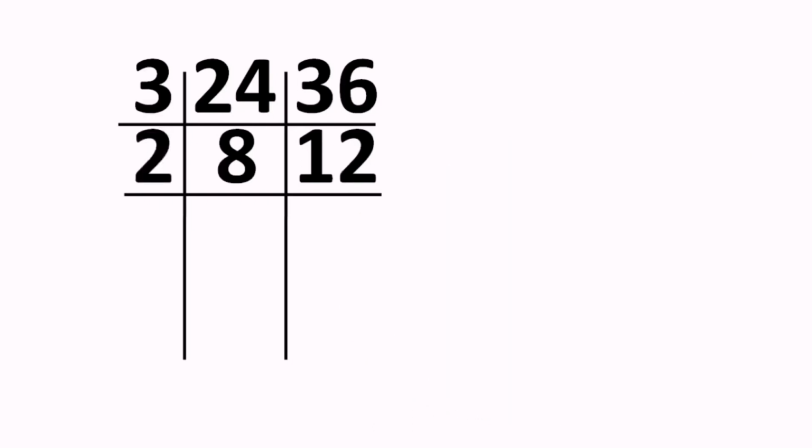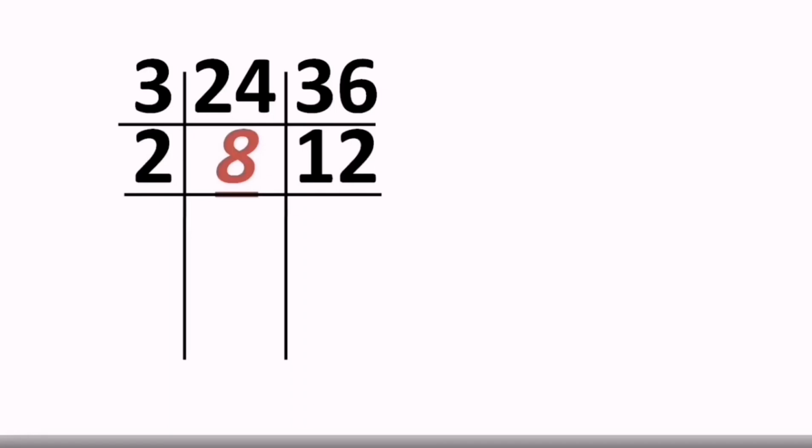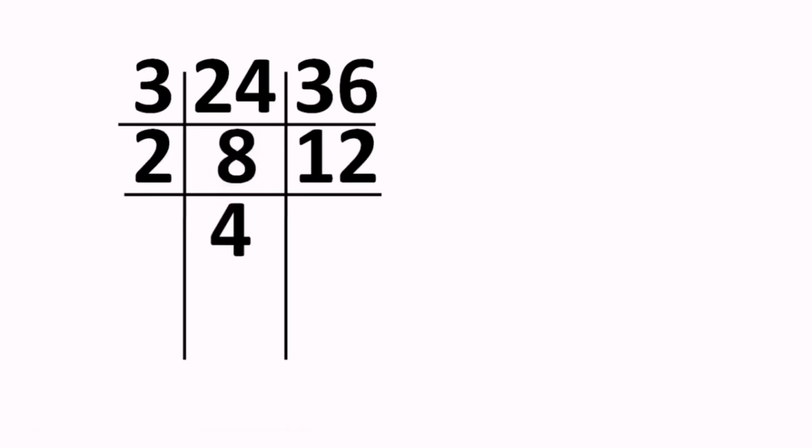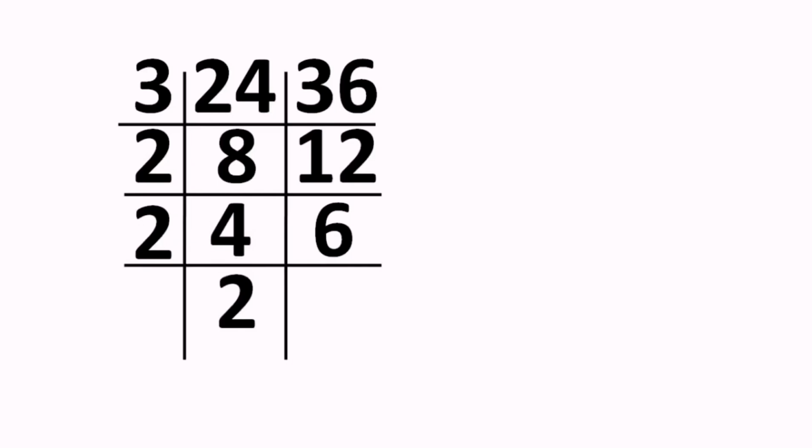Yes. And here it is 2. And if you divide 8 by 2 we get the answer 4, whereas when you divide 12 by 2 we get the answer 6. Okay, so again we get both the numbers even, so again we can use 2, yes, and when you divide that 4 by 2 we get the answer 2 itself, and when 6 is divided by 2 we get the answer 3. Now we are at the end of the sum almost.